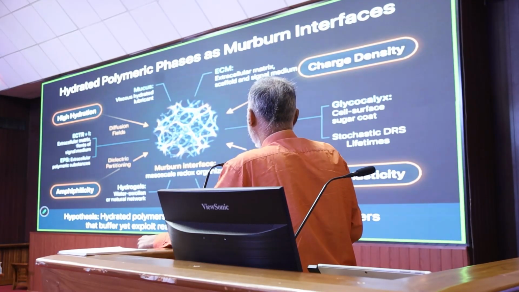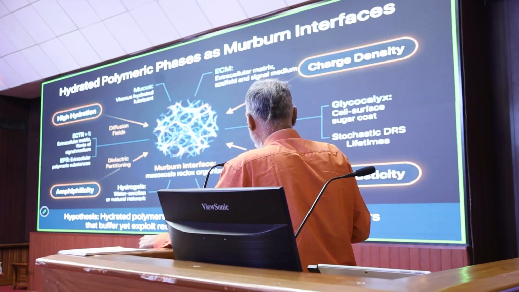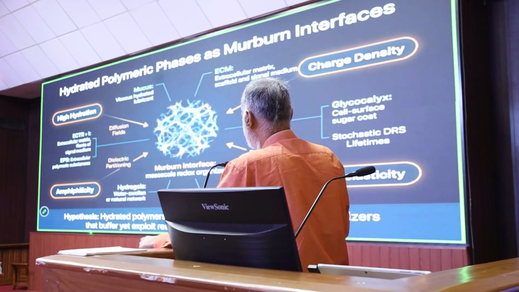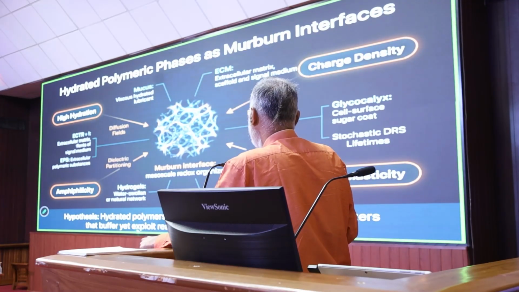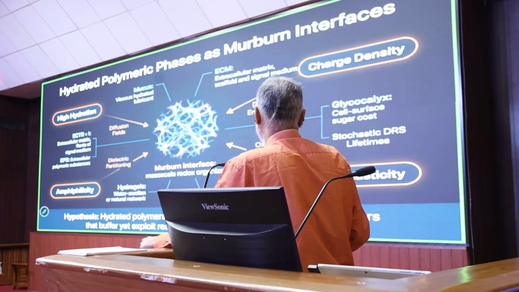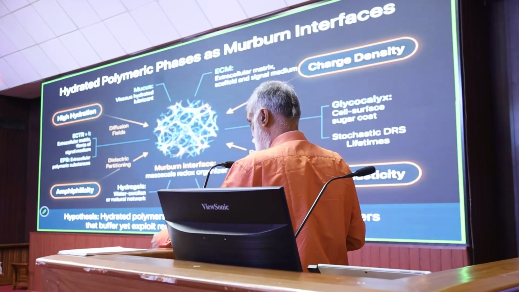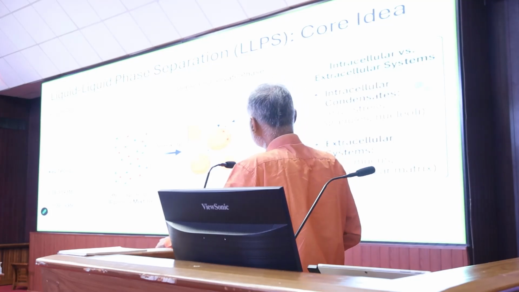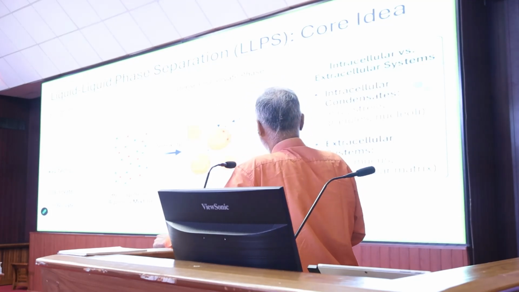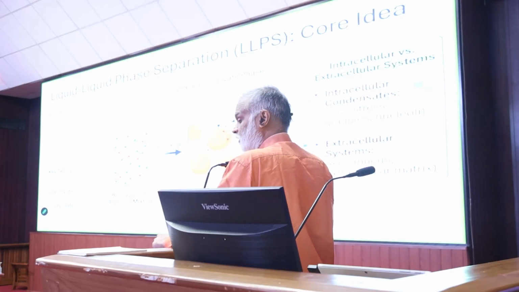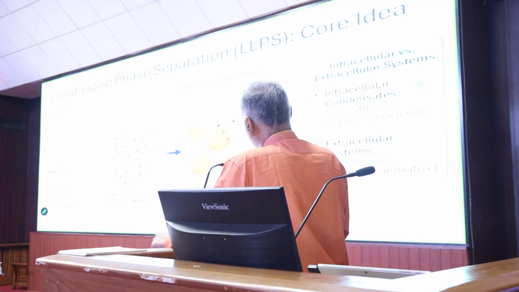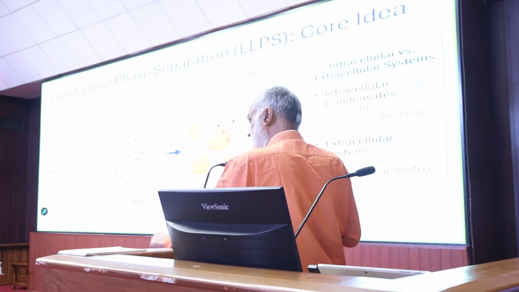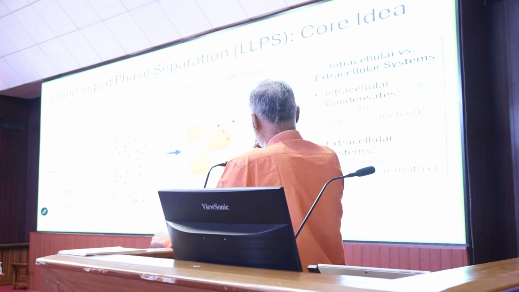So hydrated polymers are evolved mesoscale redox organisms. Regulators, as I told earlier, it is actually redox organisms that buffer yet exploit reactive species and their hybrids. So that is the opportunity we have by using this liquid phase. And why liquid? A lot of research work has gone to develop, and many computational models are developed, and many mechanisms have been described for liquid phase.